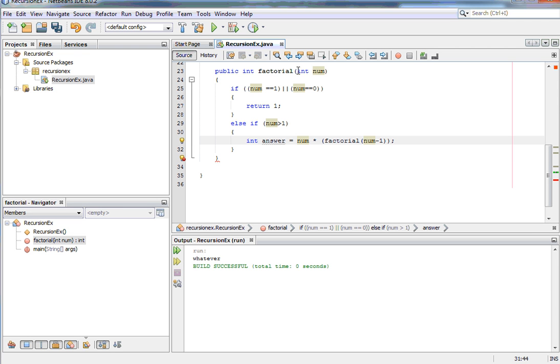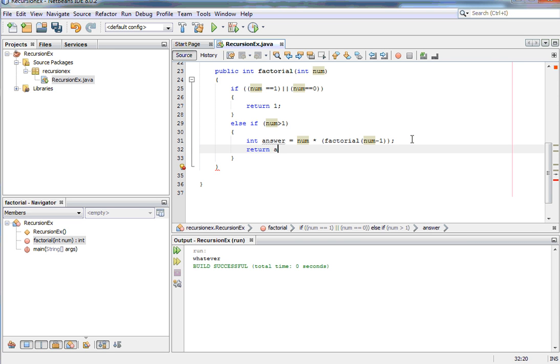So it'll say, okay, that's greater than 1, the answer is 5 times whatever 4 factorial is. And then it'll come back up to our execution stack and say, okay, what's 4 factorial? It's 4 times whatever 3 factorial is, until it gets to the point where it returns a 1. And then at that point, it returns the answer up and we can get our answer. So I'm going to say return